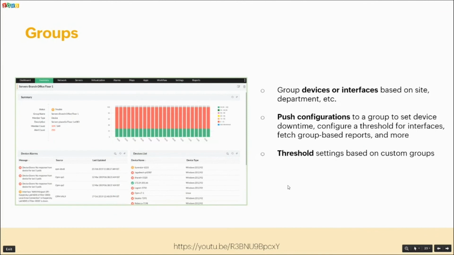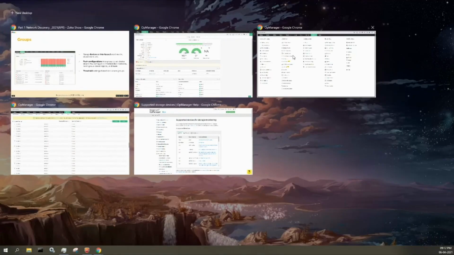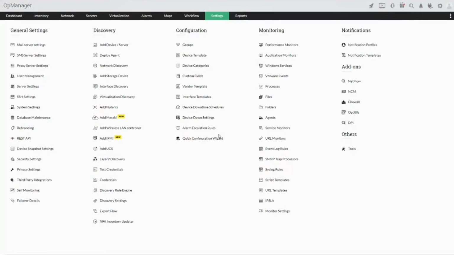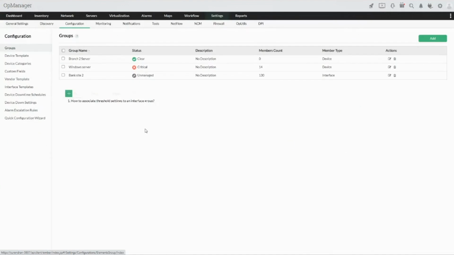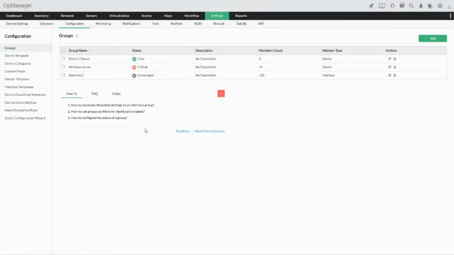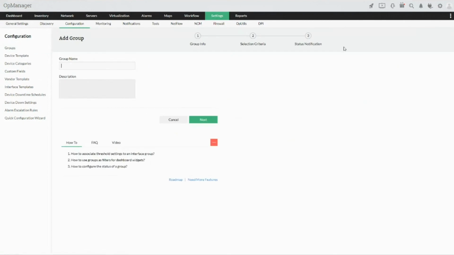So now let me take you to OpManager and show you the various grouping options which are available inside OpManager which help you in different scenarios. Let's take an example here. I am a banking network and I have branch offices in various countries and states, and I want to monitor them based on individual countries or individual states in which my branch office is there. So in those scenarios, you can simply create a group. Let's say I'm going to create a branch